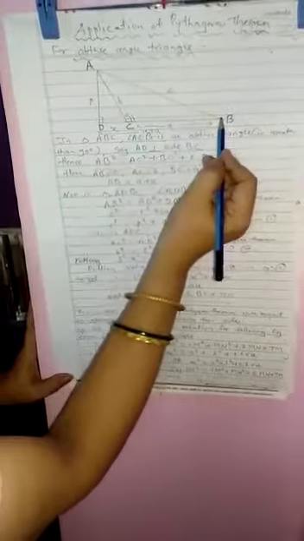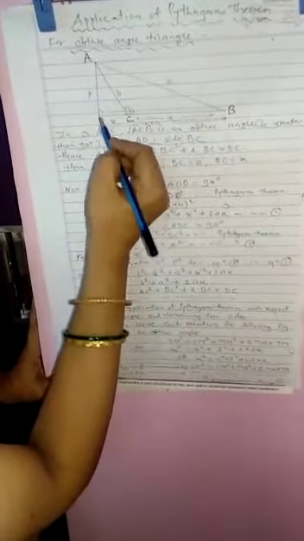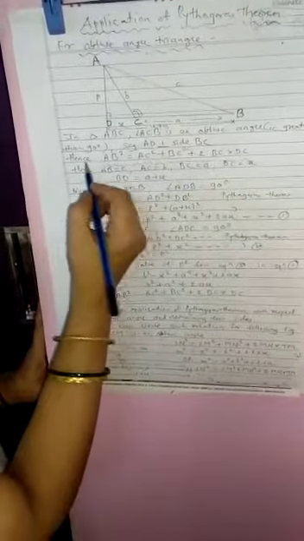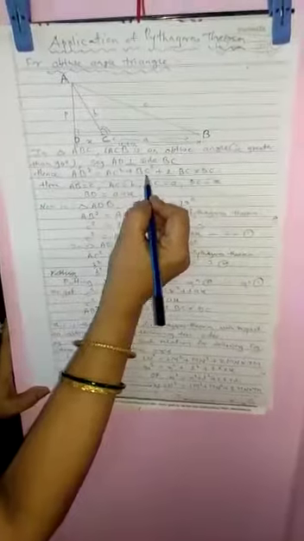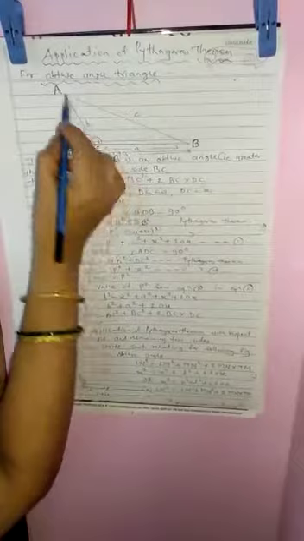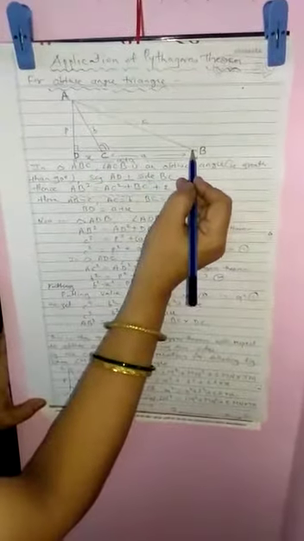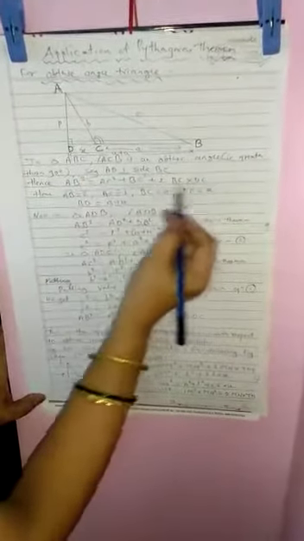This is the triangle ACB. So outside of this, height is shown. AD is perpendicular to BC. So accordingly, AB square is equal to AC square plus BC square plus 2BC into DC. Opposite to this angle, AB is there. So AB square is equal to AC square plus BC square plus 2BC into DC as a relation.